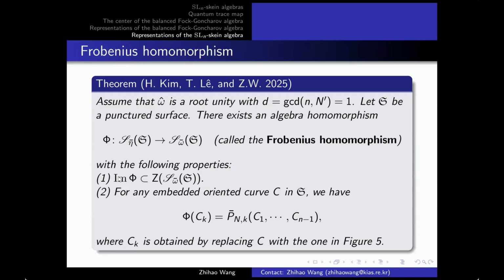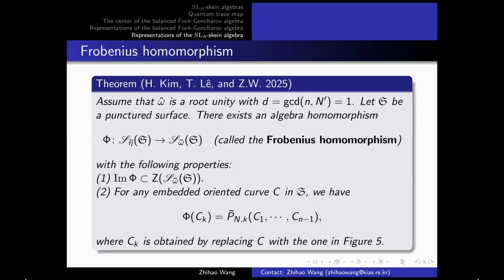We have the following property. The image is in the center. Why the image? For the Goncharov algebra, not all the images are contained in the center. It is something like we use a D, but here D is 1. If D is 1, the sub-algebra we defined previously is just the whole algebra. So then the image of the Frobenius map is contained in the center of the SL1 skein algebra. And also for any embedded oriented curve C